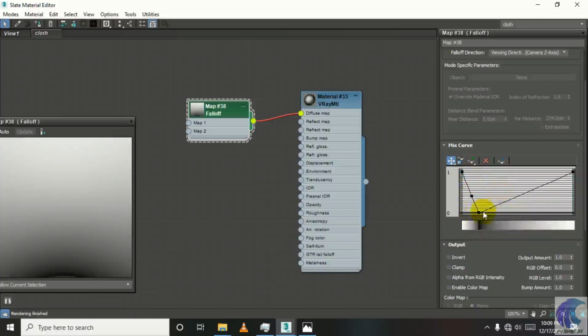Now right click on this point and choose Bezier corner, Bezier smooth, or simple corner. We will use Bezier corner.